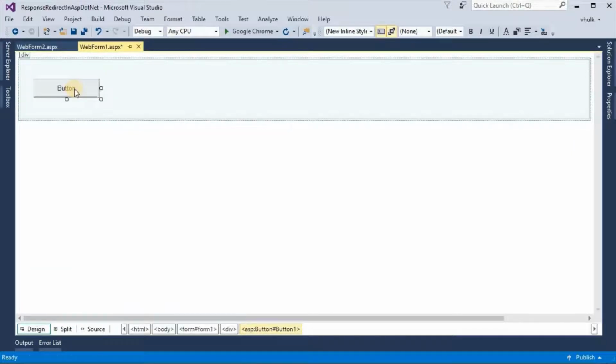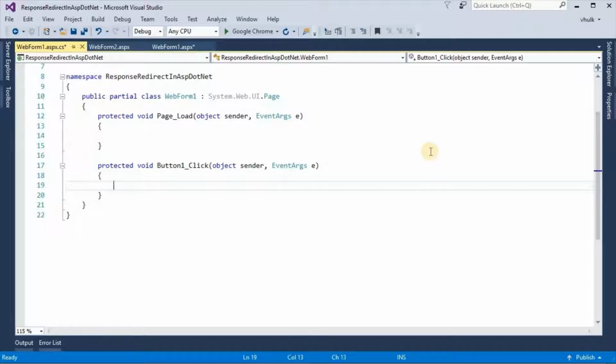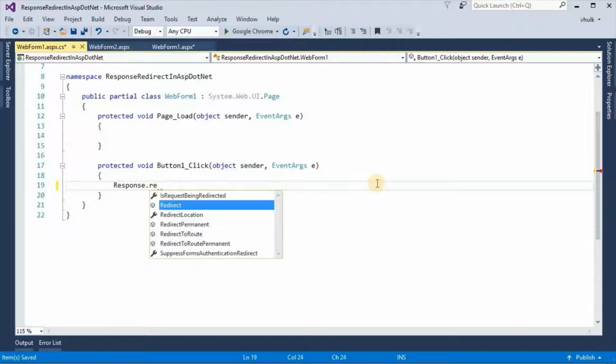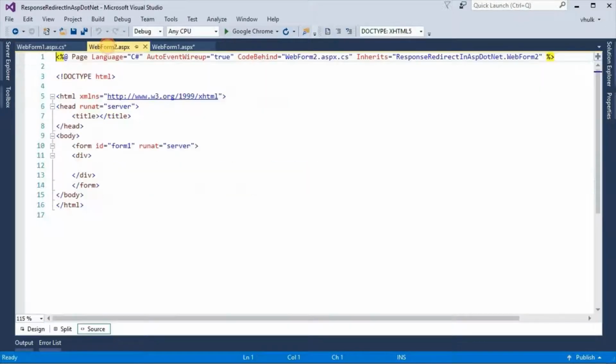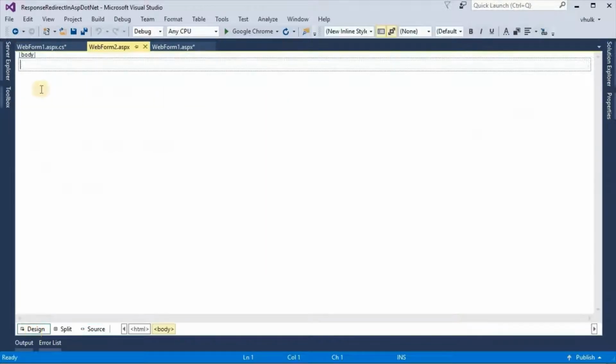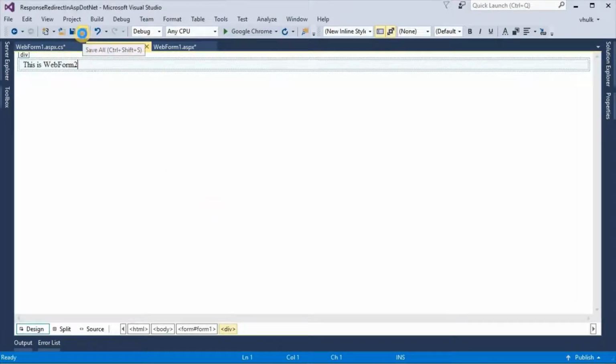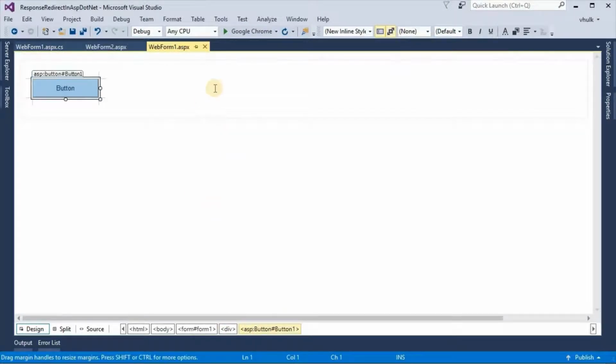Now double click on this button. In click event of this button, response.redirect webform2.aspx, and in webform2.aspx, this is webform 2. If we see in browser,